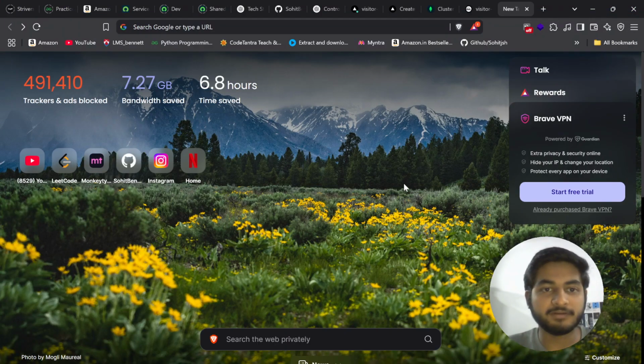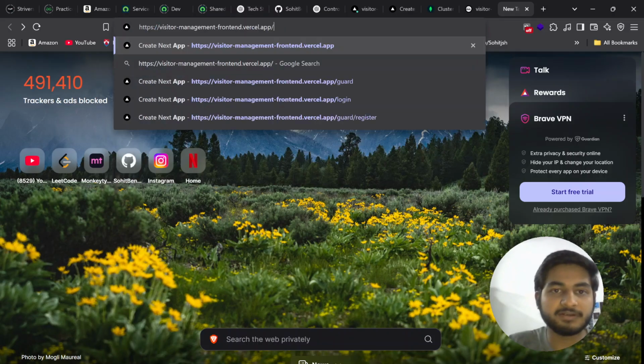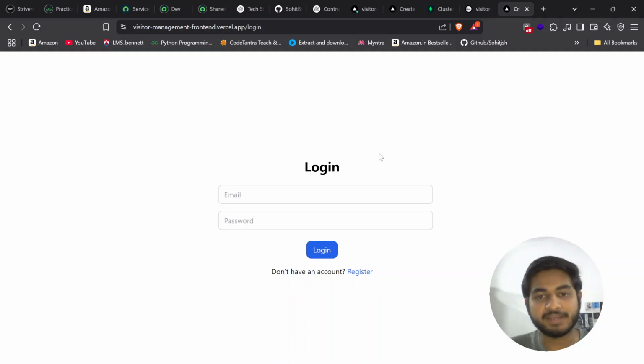Okay, so this is the website that I've made of visitor management system, which was given in the document. It's a live website which I've deployed; the backend is deployed on Railway and the front end is deployed on Vercel. So this is the link to the front end, and this is the landing page,